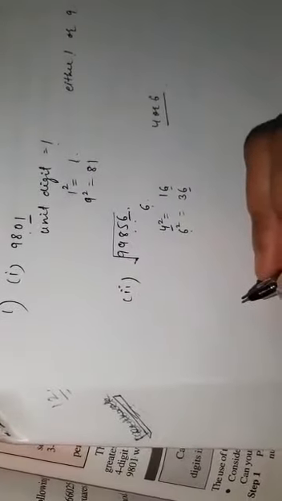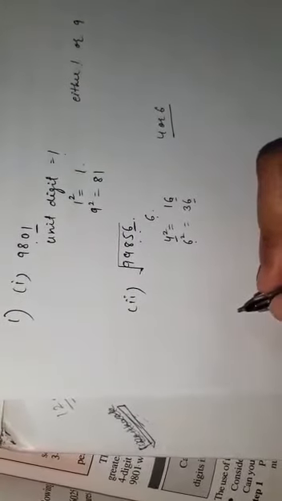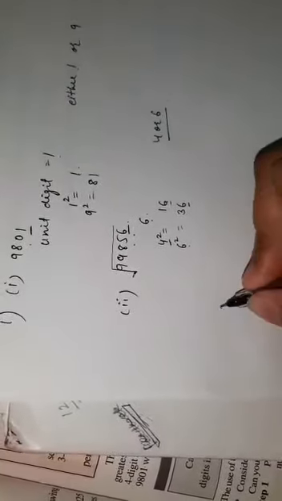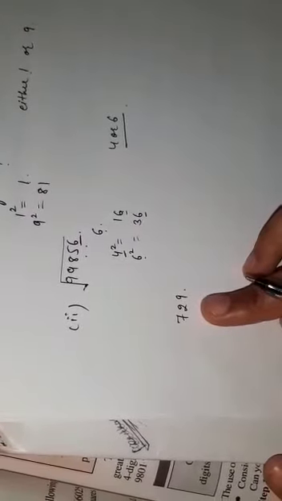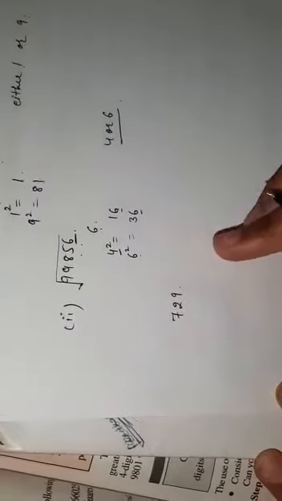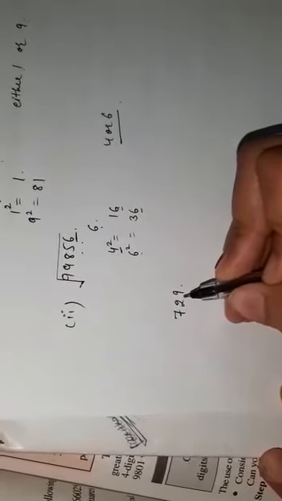Now the next type of questions that can be asked are related to the prime factorization method, and this is a very important method in the chapter squares and square roots. If I start with 729, the question is find out the square root of this number by using the prime factorization method. There will be 4 options given and you have to find out the correct option.